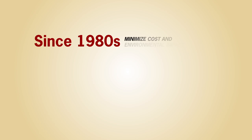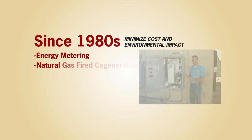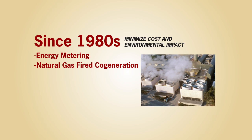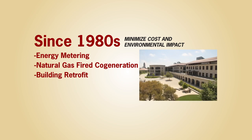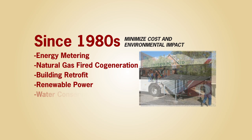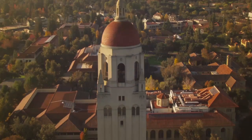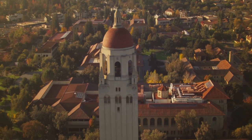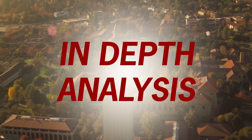Since the 1980s, Stanford has employed best practices to minimize the cost and environmental impact of its operations. The campus has employed energy metering in all its facilities, used efficient natural gas-fired cogeneration for its energy supply, retrofitted buildings with efficient systems, implemented stringent building standards, invested in renewable power, conserved water, and reduced automobile commute emissions to 1990 levels. In 2008, facing continued growth and an aging energy system, Stanford embarked on an in-depth analysis of its